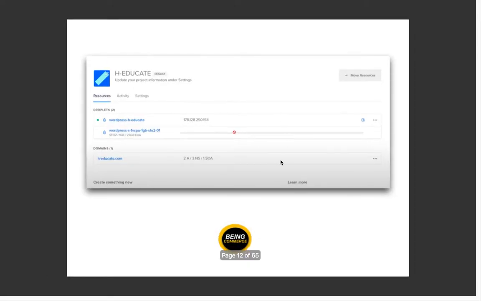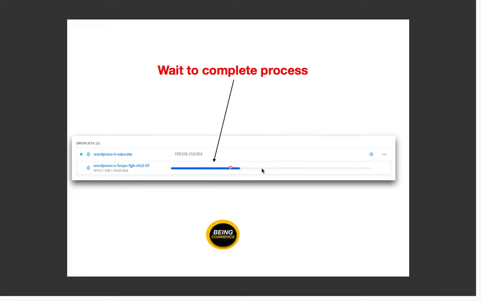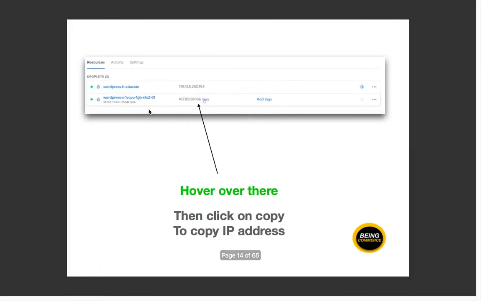When you click on it, it will show some interface like this for WordPress. Now it will take some time to complete the process, so you need to wait for some time. When it is done, it will show your IP address.